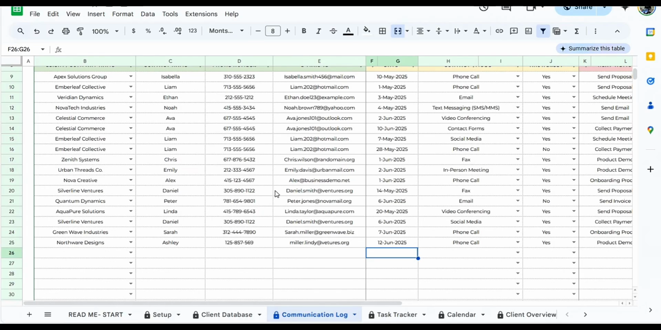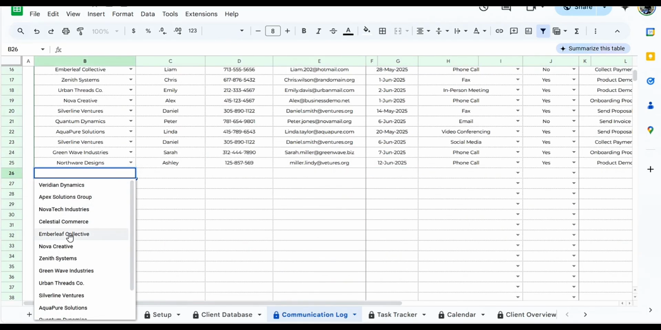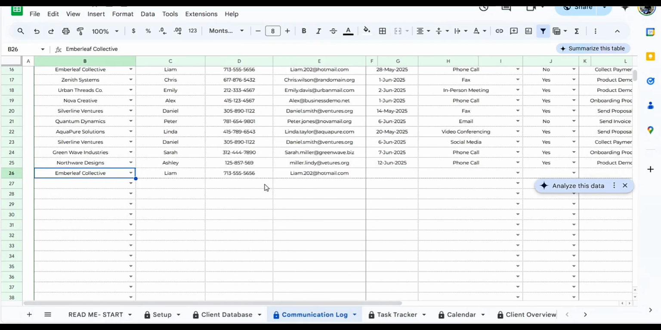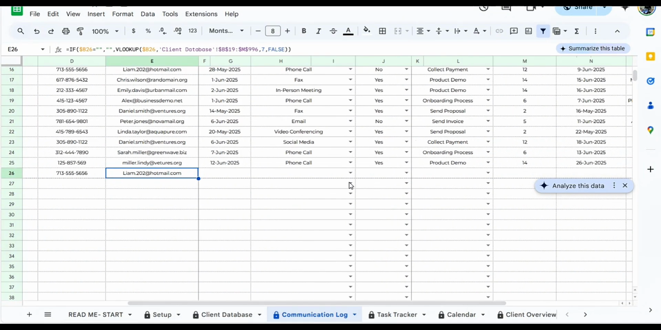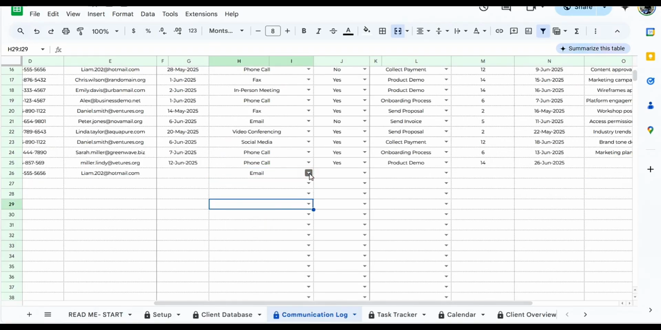Now let's move to the Communication Log tab. This tab helps keep a record of all the interactions you have with your client. Let's take an example. Contact name, phone number, and email address are auto-populated from the client database. In the Communication Summary table, add the date, contact mode,